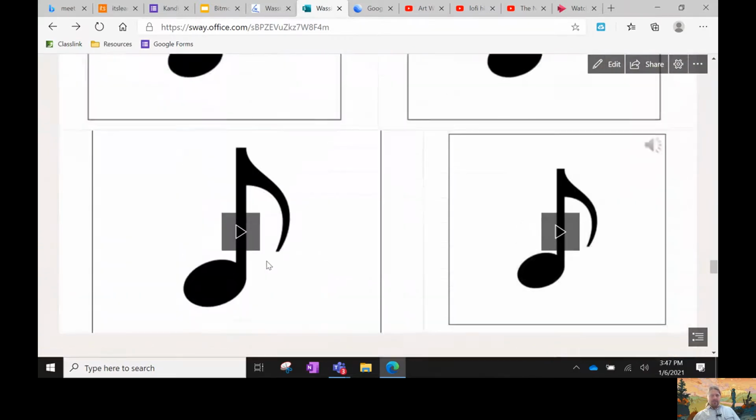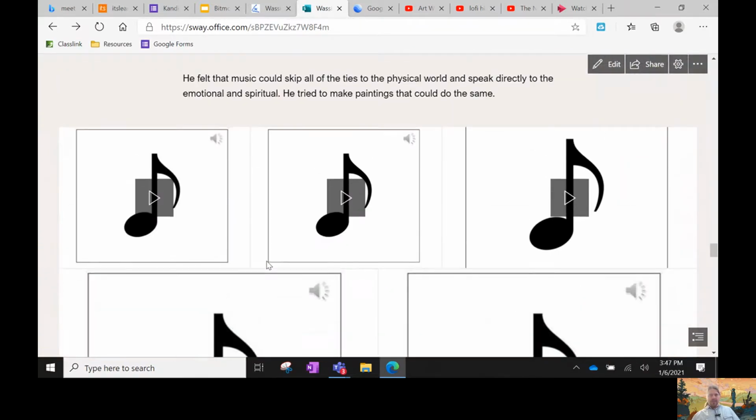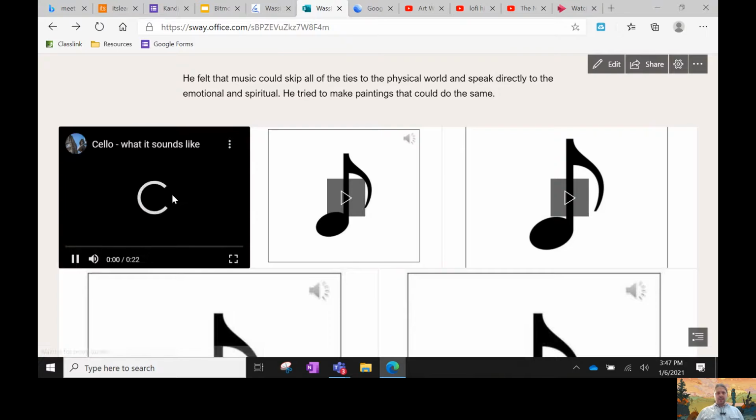So let's get your crayons ready and your paper. Let's listen to some musical instruments, and I want you to color on your paper what color you think goes with each one. And you can make a rectangle or a blob, or even try to make a picture while you're doing this, but it doesn't have to be anything. It can just be rectangles. So let's listen to the first.